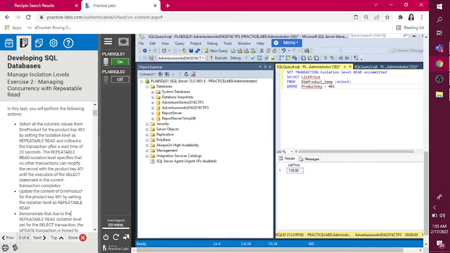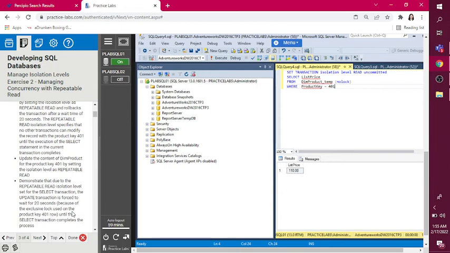Update the content of DimProduct for the product K401 by setting the isolation level as repeatable read. Demonstrate that due to the repeatable read isolation level set for the select transaction, the update transaction is forced to wait for 20 seconds because of the exclusive lock used on the product K401 row until the select transaction completes